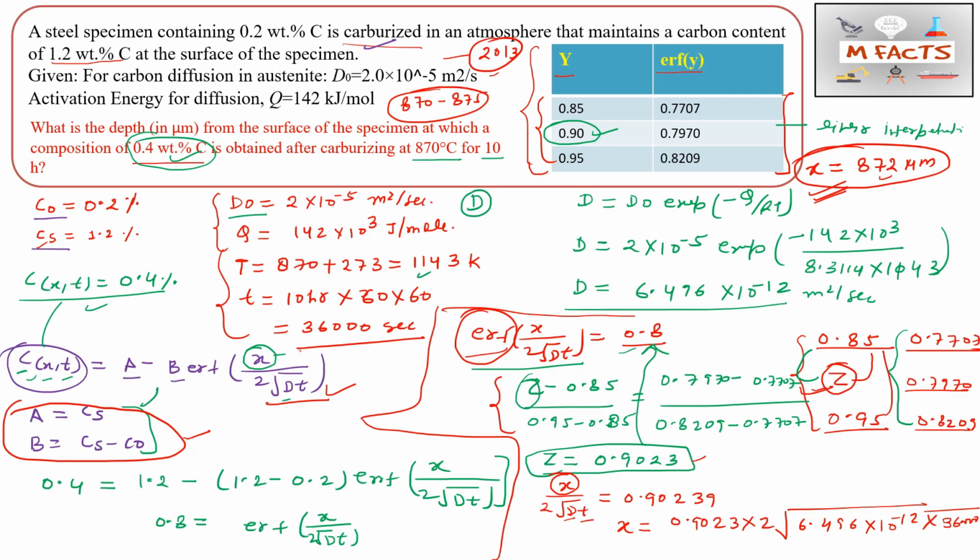Why I removed this 0.9? Because this 0.8 is somewhere in between here. Okay, so that's why we can remove this value for finding the value by using the linear interpolation method. So there should be no confusion among you guys. That's why I'm telling you. Okay, so if you find any confusion in this, please try to contact us on Instagram. I will solve your confusion.